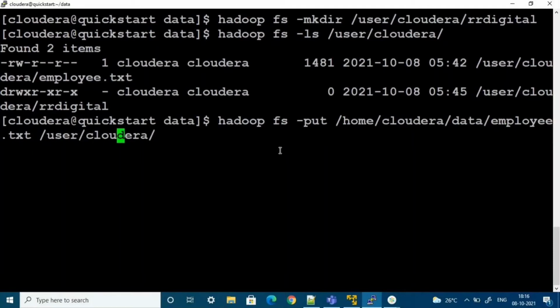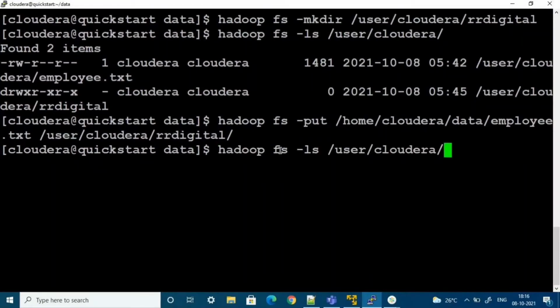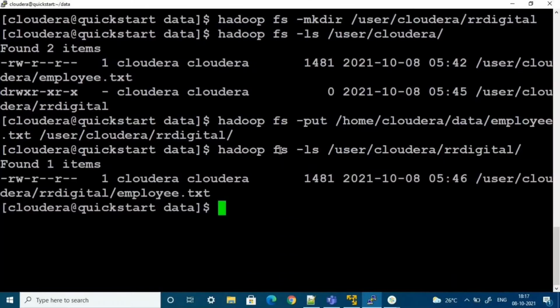Okay, so the HDFS path is RR digital. Under this it will copy your data file. Okay, now we'll cross verify whether it is successfully copied or not. Okay, here it is showing, so successfully copied.